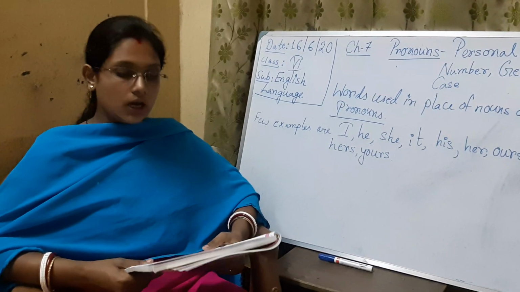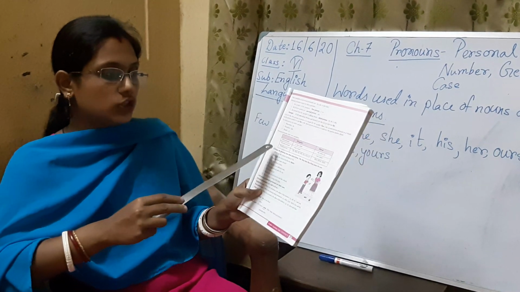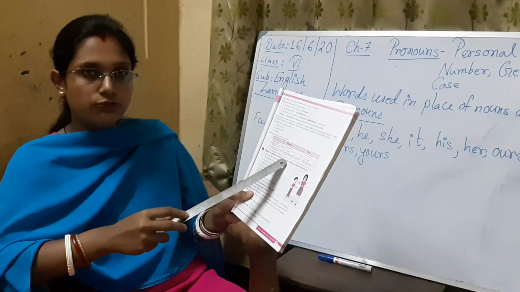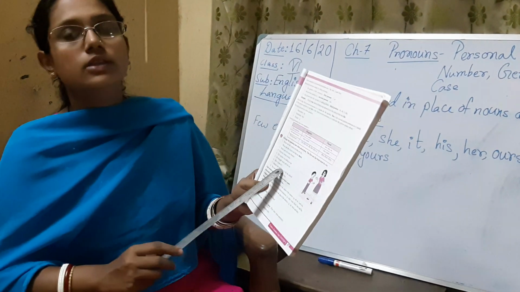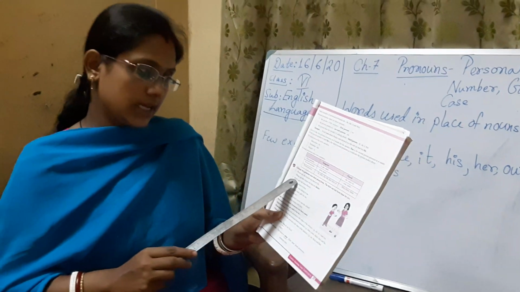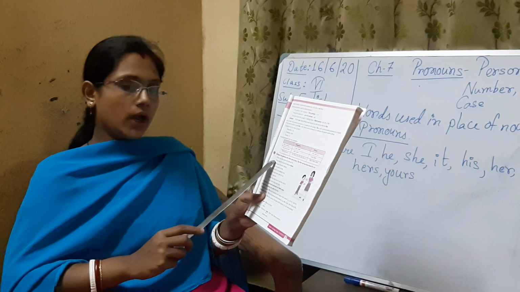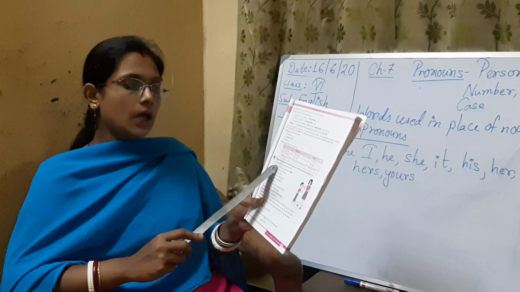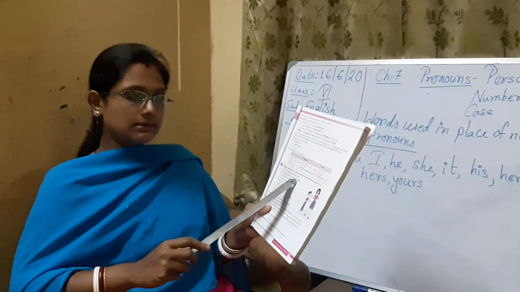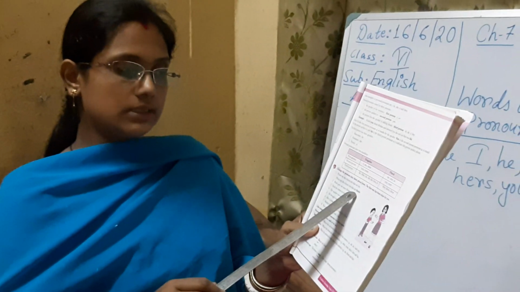Okay. Now please look at exercise B in your book. Change the pronouns into their plural forms. The first one has been done for you. You have to change the pronouns given in the sentence into the plural forms. Number one: Please use the crayon shades that are his. Please use the crayon shades that are theirs. So instead of his, it is changed into the plural form, that is theirs.